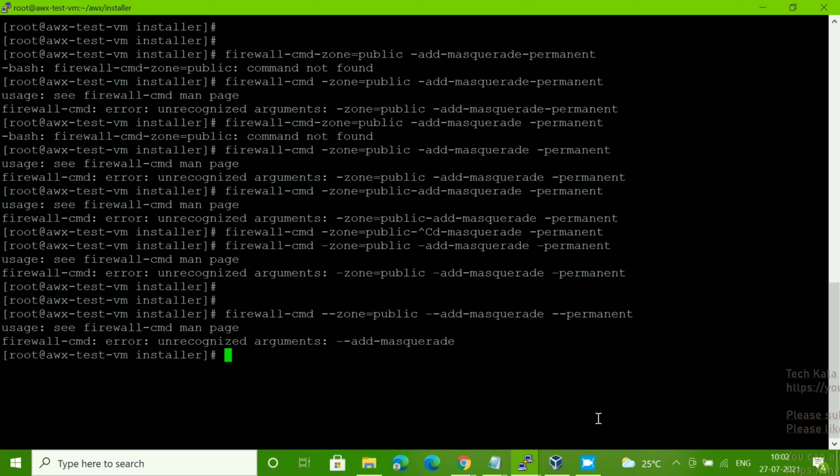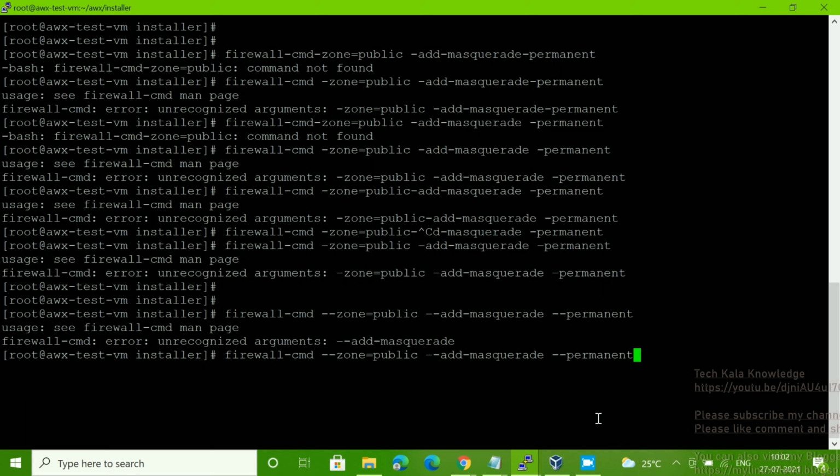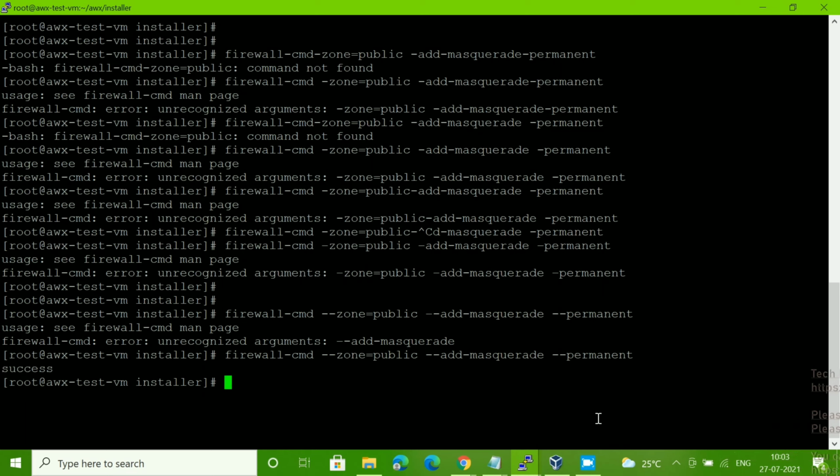Now again it's an error. One second. firewall-cmd --zone=public, this one let me remove. Yeah, so that was a syntax error. Now you can see it's successfully done.